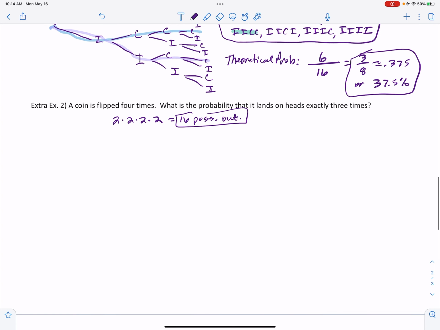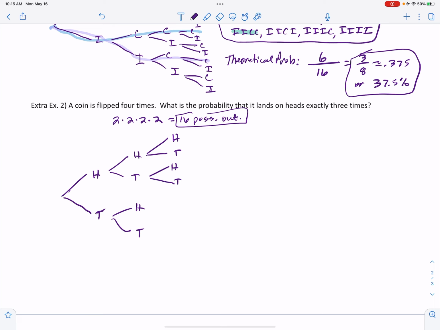And so we've got heads, tails, heads, tails, and from each of those,